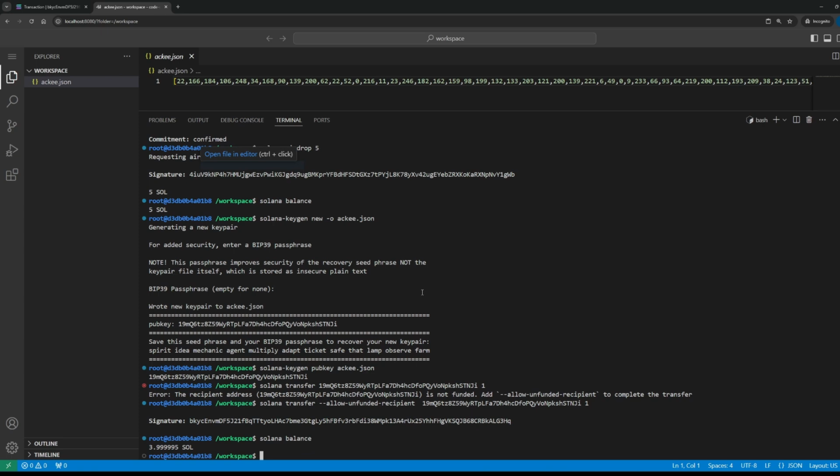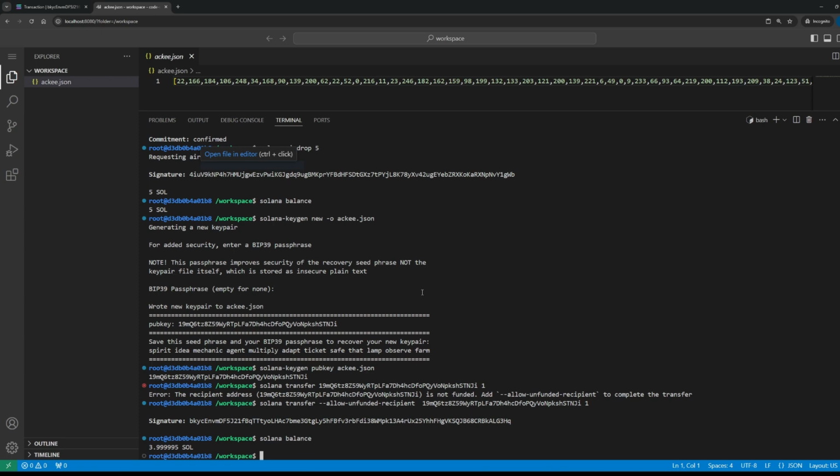Why is it not 4? It is because the signer, our wallet, was also paying transaction fees in order for the transaction to be processed. So we sent 1 Sol to the recipient, but also had to pay transaction fees. So that's why we do not have 4, but slightly less.